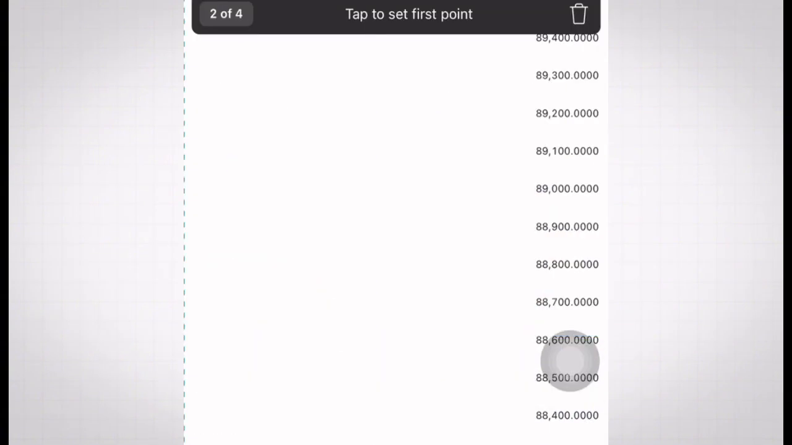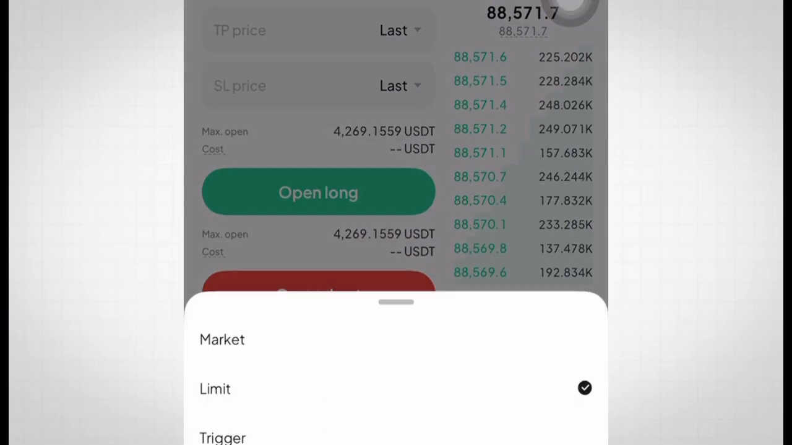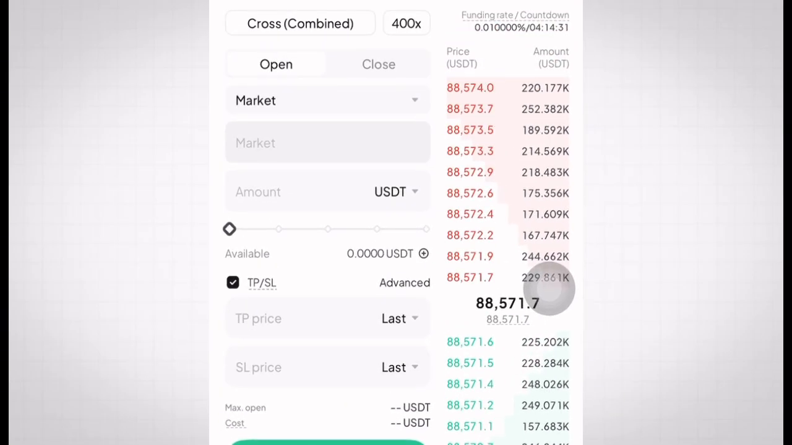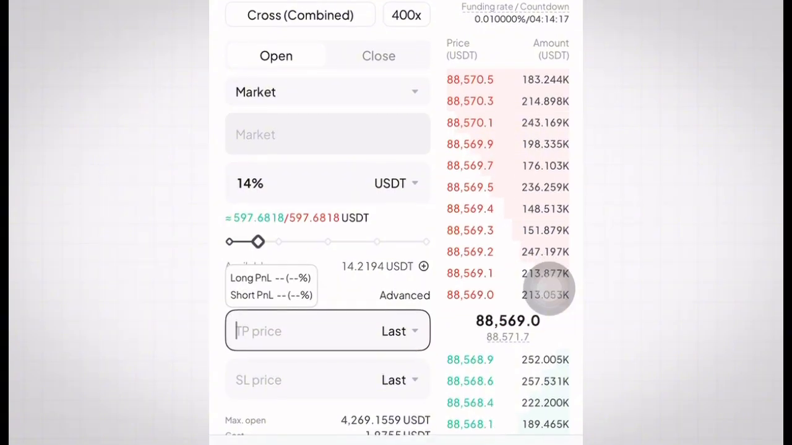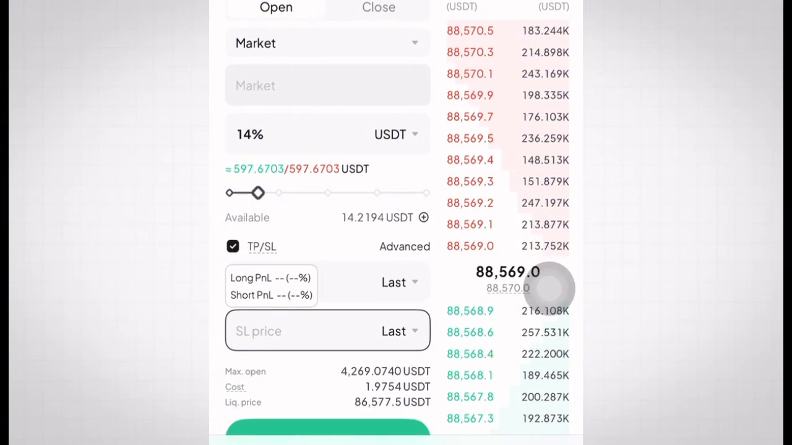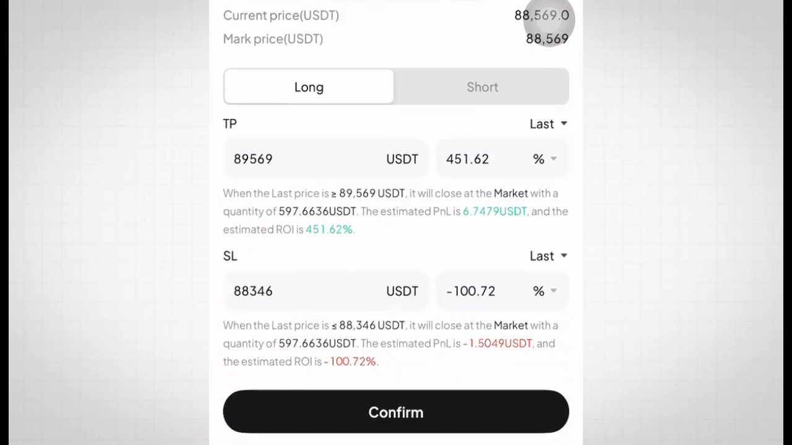You want to enter via market order, let's say, then all you want to do is change the limit to market and then do what? Then enter how many percent you want, maybe 14%. Then you enter your stop loss the way it is. And let me just enter a random trade. I will close it immediately. Let's say my TP will be 899569. Then stop loss is 888346. Right? Now, if I click on advance, on this limit order, I'm making $6 and I'm losing $1,